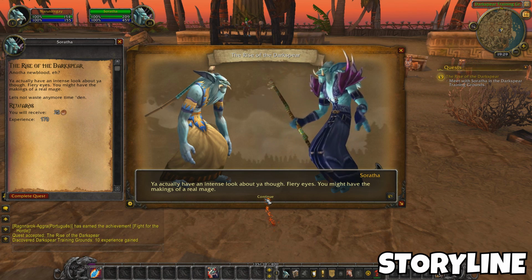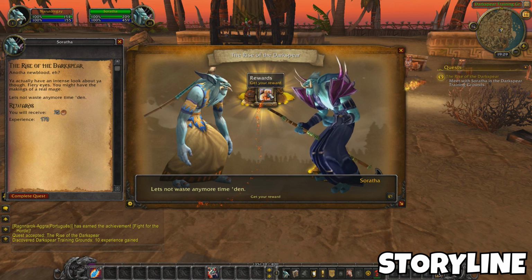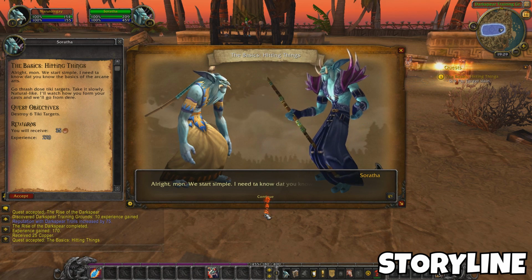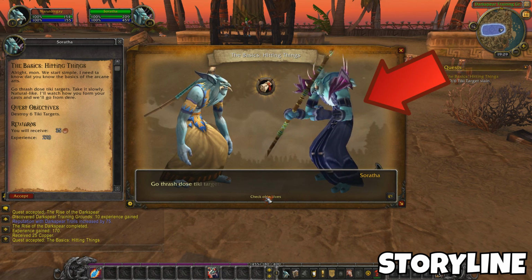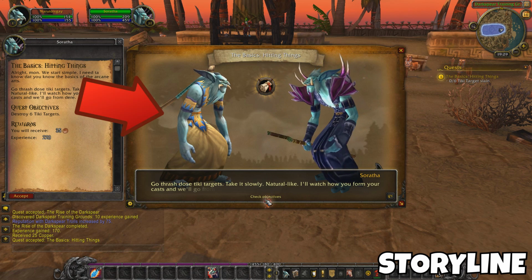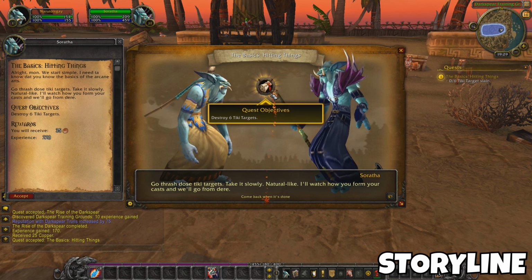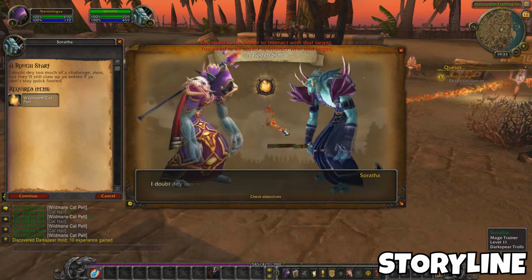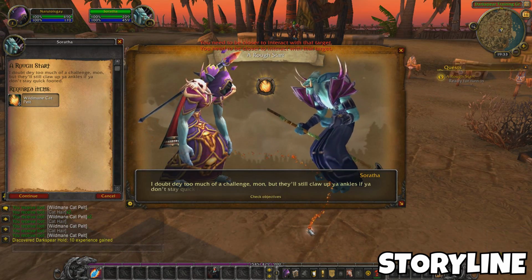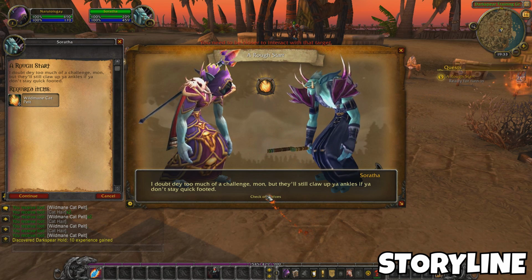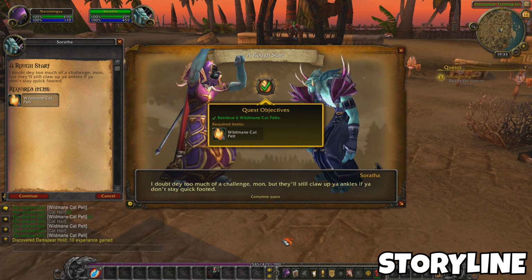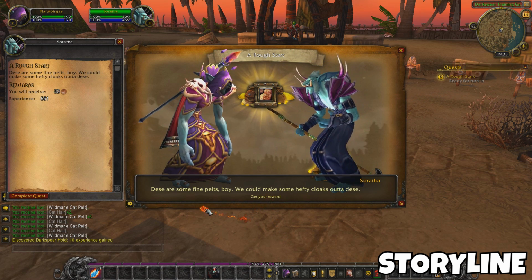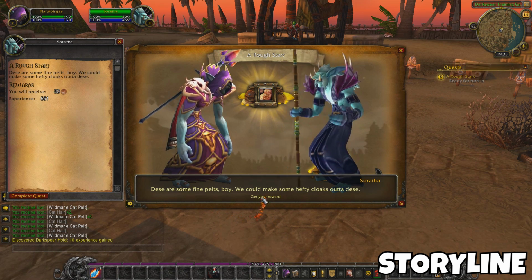What Storyline does is it creates a sort of cinematic approach to quest text. You'll see the quest NPC on one side of this fancy box, and then you'll see your character on the other side of the fancy box, and the two characters will interact in a somewhat true RPG style. It's a very immersive add-on that slows down the questing significantly, but it can provide you that opportunity to read through the quest text and to learn the lore of the game without having to scroll through